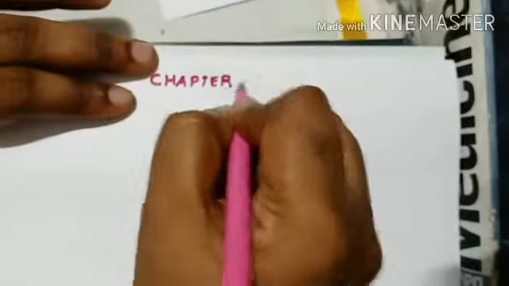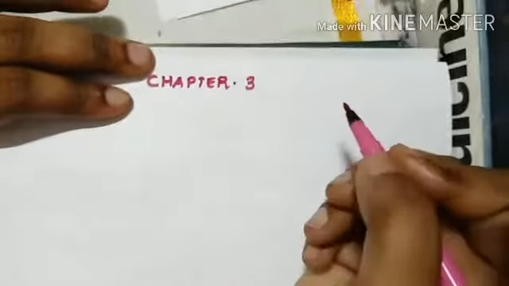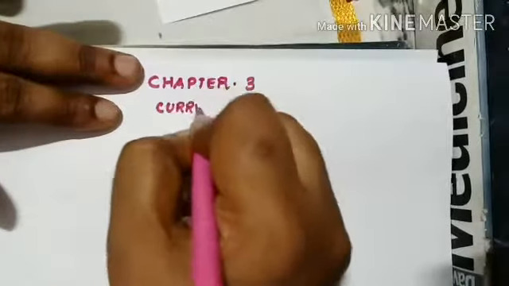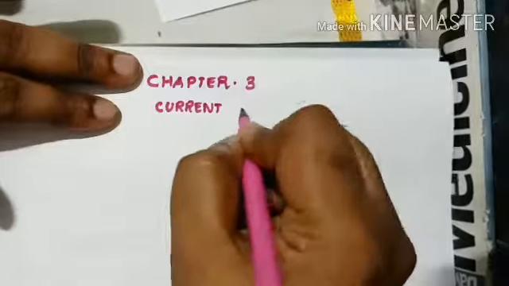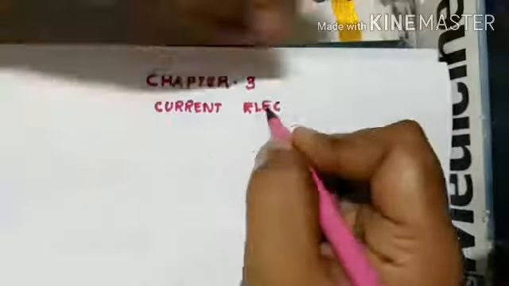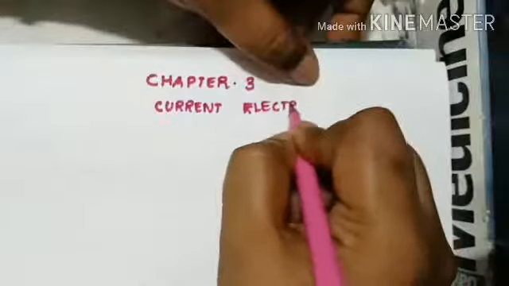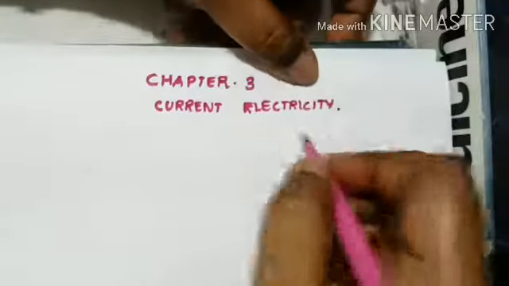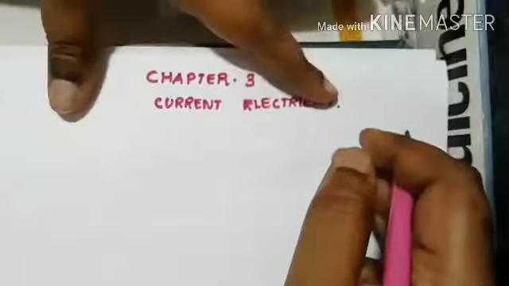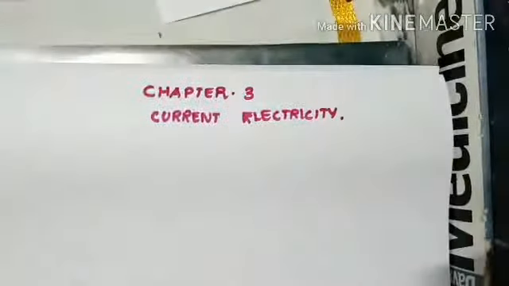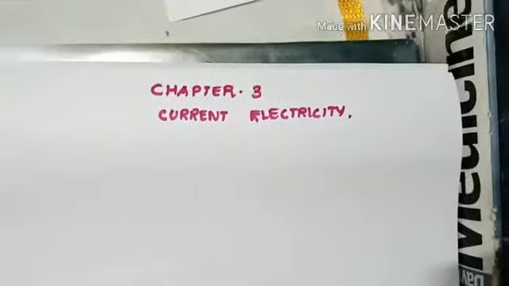We start with the third chapter of plus 2 physics, which is current electricity. Current electricity is actually a repetition or a continuation of your ninth and 10th class. You would have heard about electricity before also. So many of the things you would know, so bear with me. And I would like to mention it is one of the chapters which carries maximum marks for your board examination as well as your NEET, because in the entire chapter 80% of the questions are numericals and only 20% are theory.